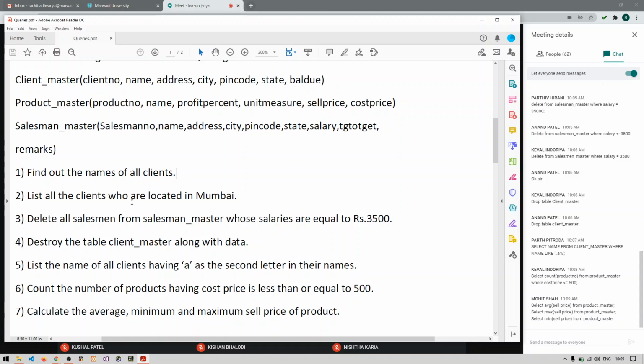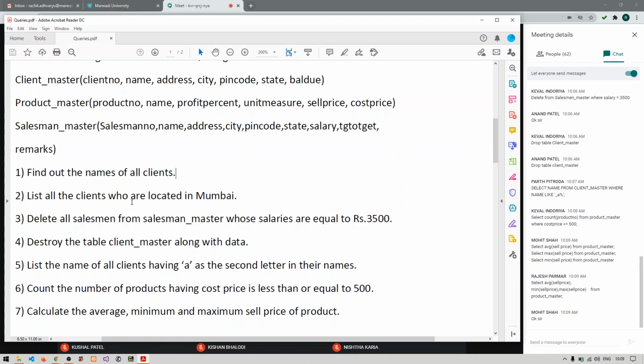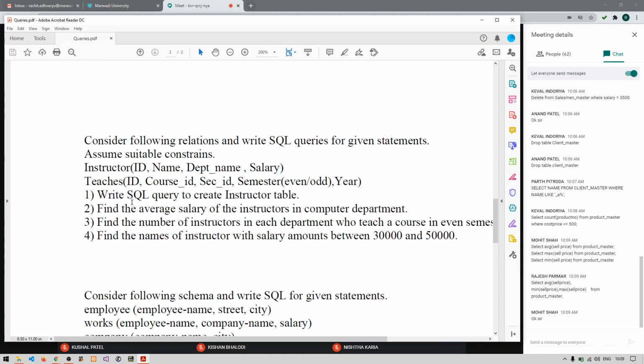So the answer will be: select AVG(sell_price), MIN(sell_price), MAX(sell_price) from product_master. Going for the next.